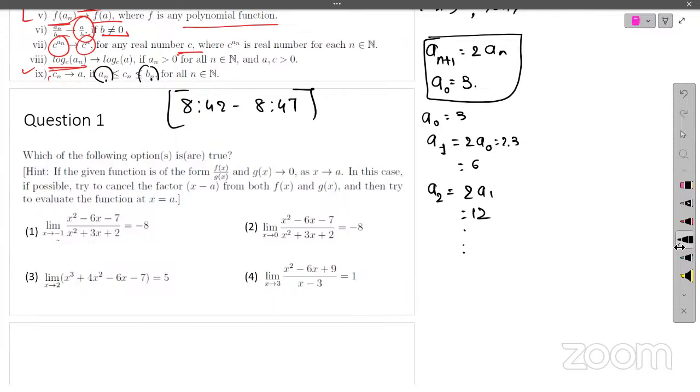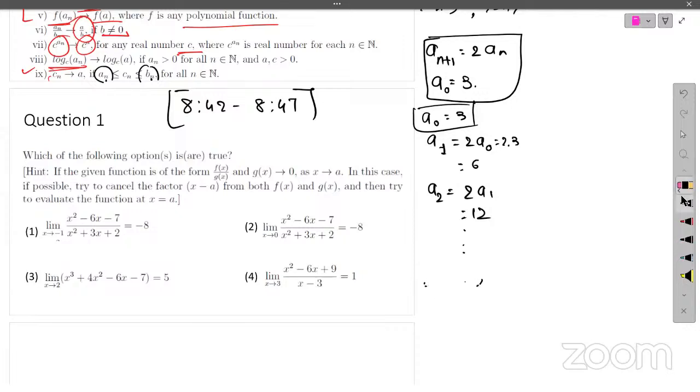Yes, ma'am, understood. Ma'am, if you say convergence, with an example, can you please explain what exactly convergence is? Convergence of this sequence? Yes, ma'am. I think this sequence is not convergent because you can observe that the value of the terms is growing rapidly, and if you change the representation of this sequence, an plus 1 is nothing but 2 to the power